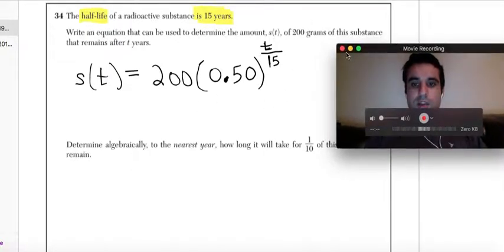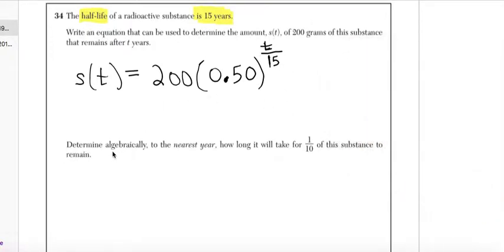All right, I'm going to minimize me for now. Determine algebraically, it means we're going to have to show work. To the nearest year, that means to the nearest whole number. How long, t obviously, it'll take for 1/10 of the substance to remain. Let's just do this. So we want to see when will S of t equal 20, because 20 is 1/10